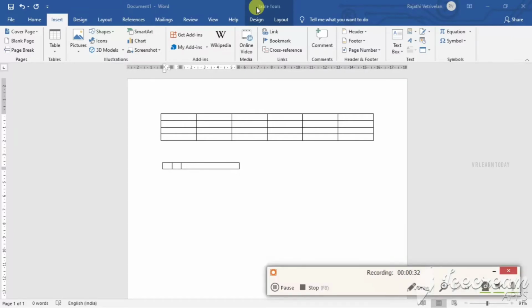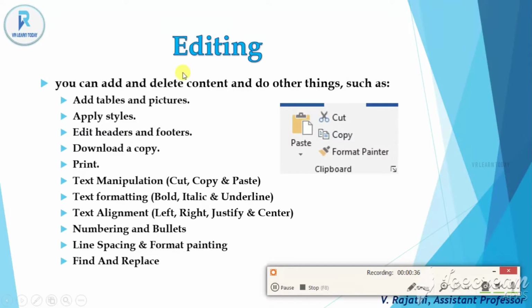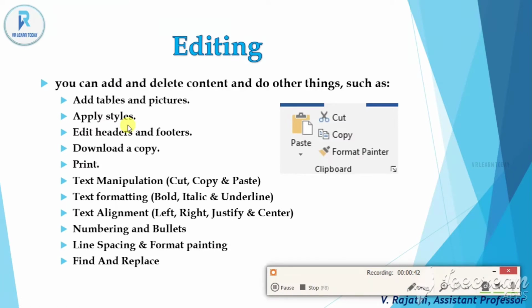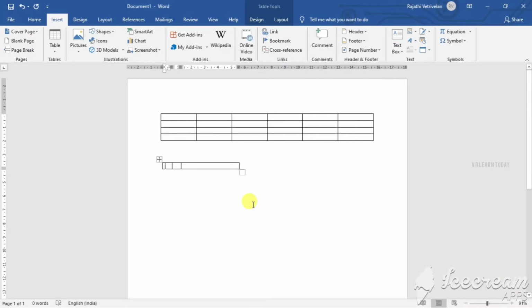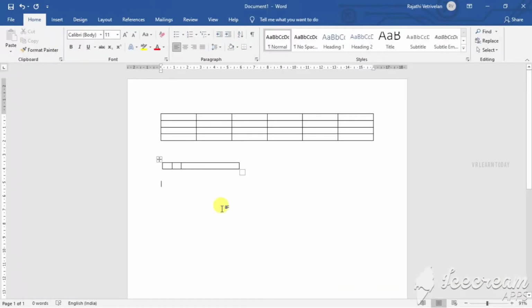So the next one is applying styles. For that, you have to type anything you want.